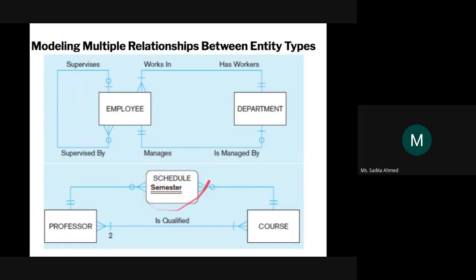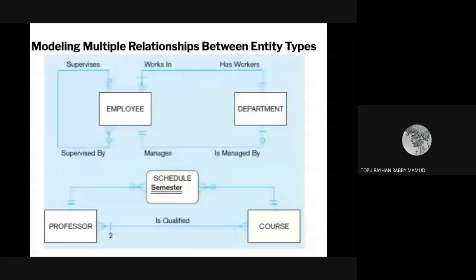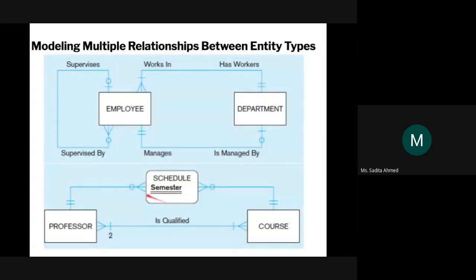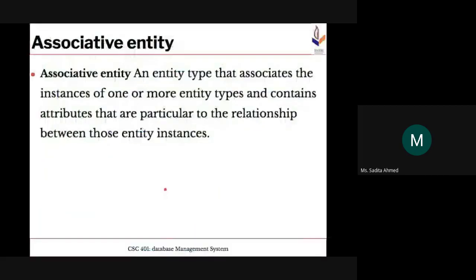So, schedule here, what type of entity is this, guys? Associative. And what about semester? What's going on here? Partial identifier. That's right. Semester here is a partial identifier. Yes, very good for remembering that. However, as you know already, semester itself is not going to be unique for a schedule. So that's why it's partial. That is, it's a part of the primary key. That's what it's telling us. But alone, it's not enough to uniquely identify the instances of schedule. Okay. All right. So associative entity,